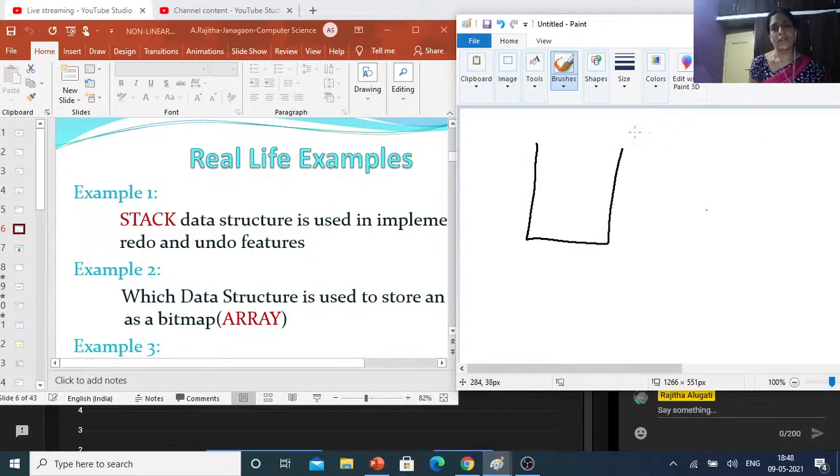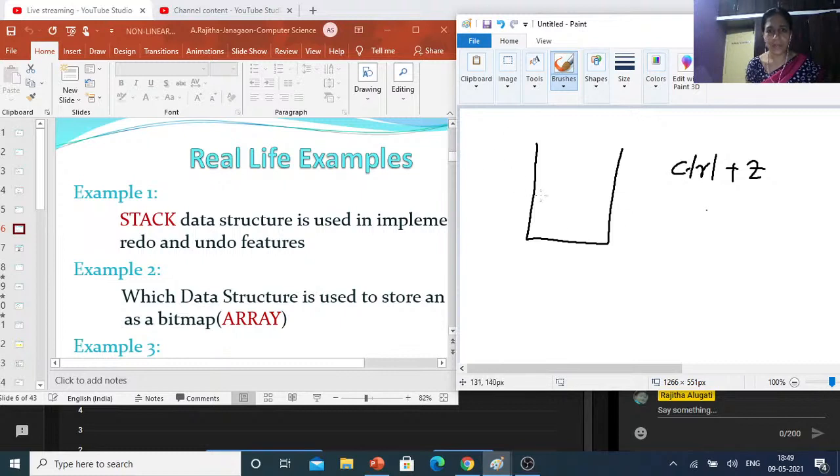After some time, you require its previous data, or you want to repeat previous changes. How is that possible? For that, the stack data structure is used. Whenever you press Ctrl Z, previous operations are reverted.